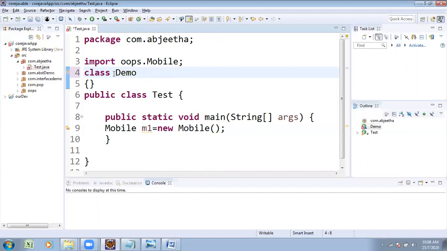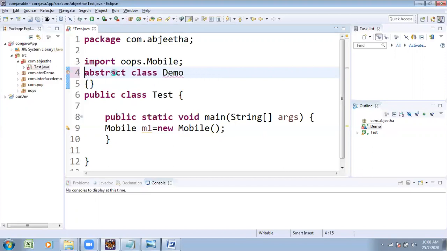We can declare the class as either final or abstract type. Final is supported, and abstract is also supported, but the combination of both is not supported. Individually, remove abstract and final is supported; remove final and abstract is supported.